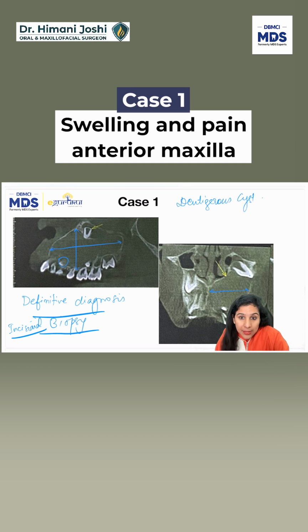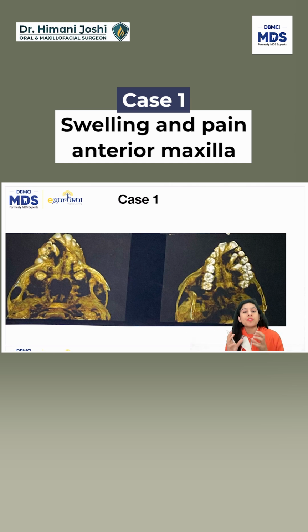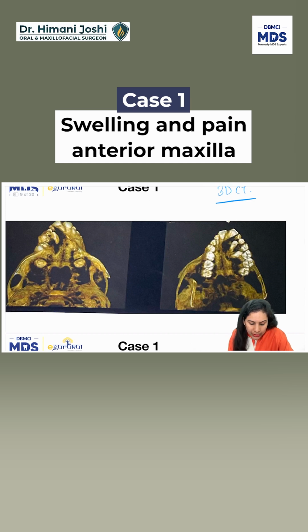What is the differential? What else could it be? It could be an AOC, an AOT, an ameloblastoma, a CGCG. So many things could be there. But now I am sure after the histological report that it is a dentigerous cyst. When we combine the different views of the CT, what we get is a 3D CT. It is not the ultimate, but sometimes it helps to explain to the patient the extent of the disease. Here you can see in the palatal view that this much bone is actually resorbed. It helps you in the diagnosis, but that is not the only thing you should see. You should see the slices also.